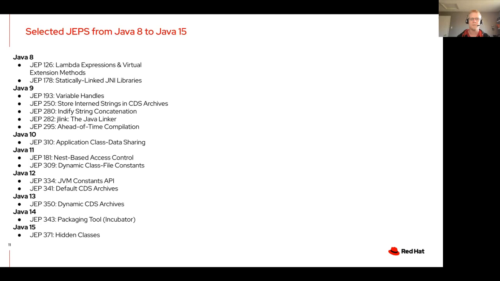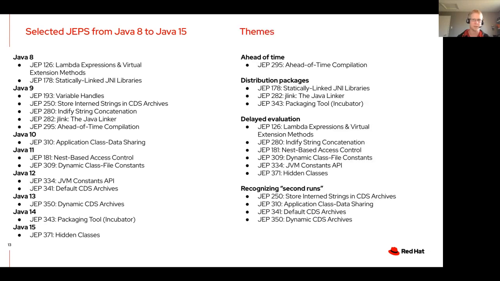So if we look at Java, though, there's already been a lot of work to address parts of this. If we take a selected set of the JEPs from Java 8 to 15, we get this list. And I've picked this list because it highlights some themes that I want to talk about. And I do recognize that selecting JEPs always misses out the large amount of work that's gone in that's not covered by a JEP, but it's enough to prove the point that we're trying to make here.